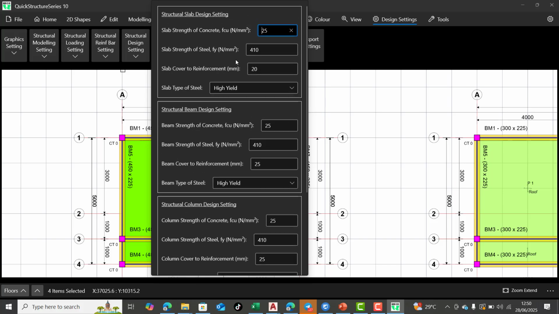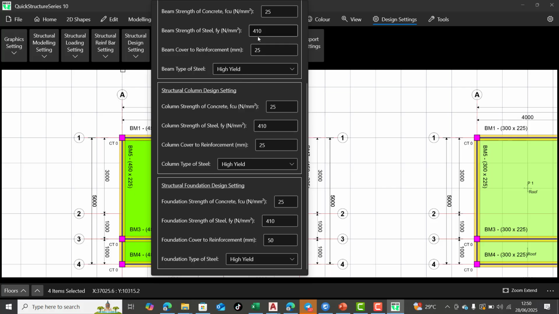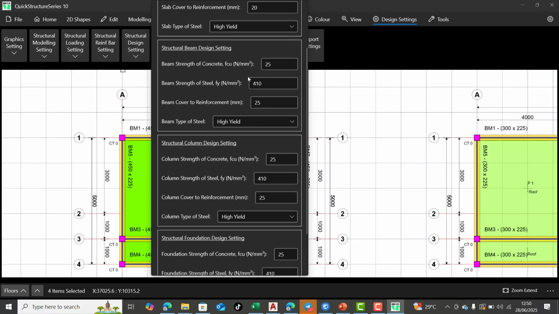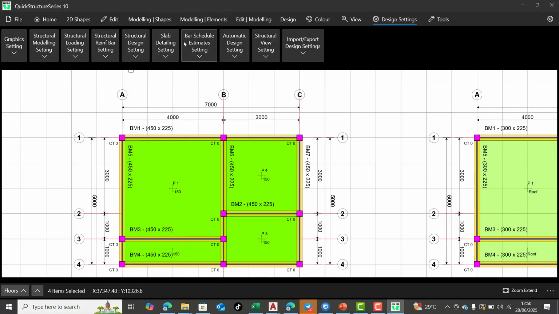You can see this is characteristic strength of your steel, the concrete cover for your slab, the characteristic strength of concrete, all this information. Make sure you put in all those information, but all the information that is here is very good and is okay if you ask me, except if you are designing for some special type of concrete or